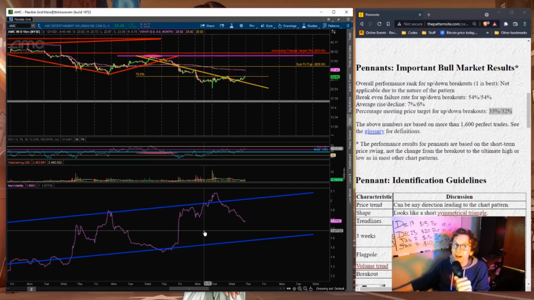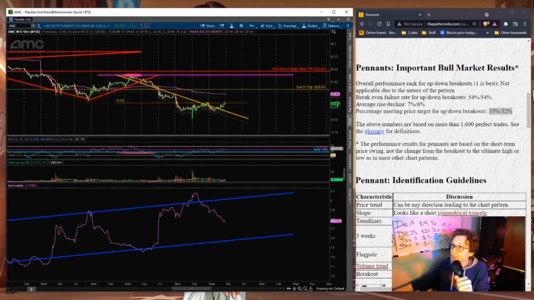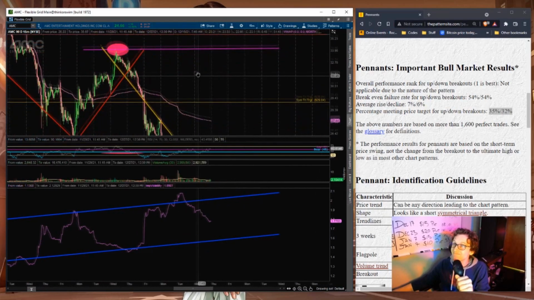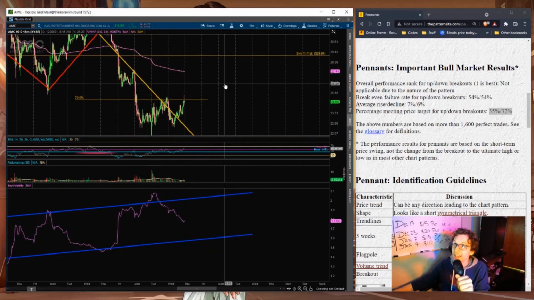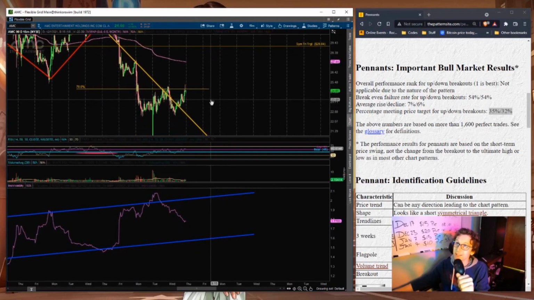I move with a lot more confidence than I probably should. I'm just very deliberate about what I do, and I'm ready for this thing to go down again. And looking at this retracement level, how flat that is, let's just talk about how this could be